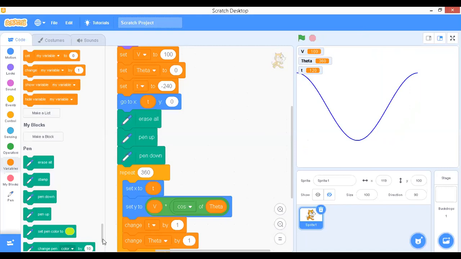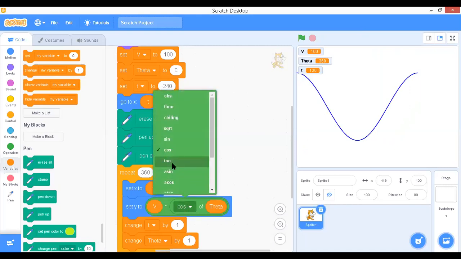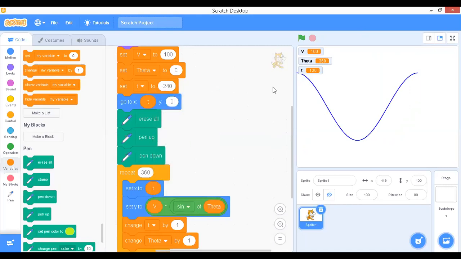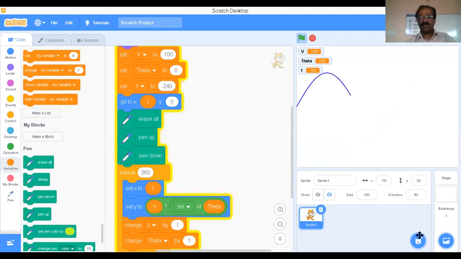Then you can change this back to sine, and if you want, you can execute once again. So this is the way of generating the sine waveform. Now, we know that the height of this y-axis is 180.